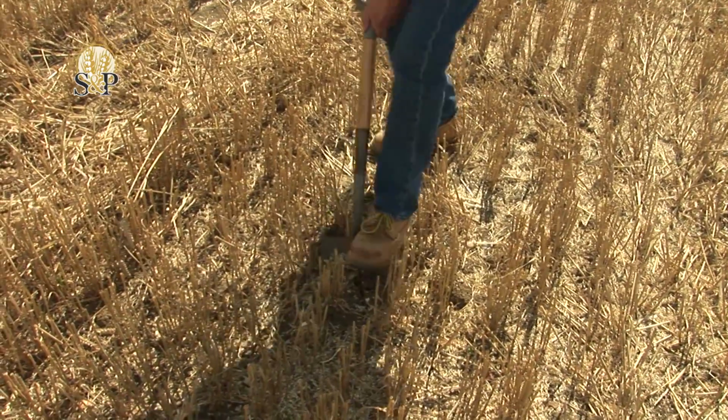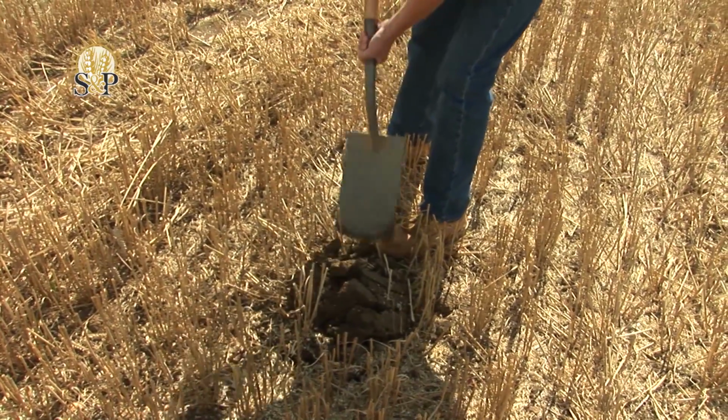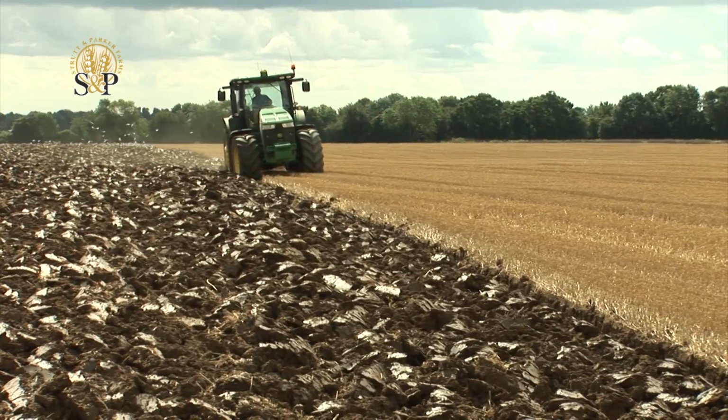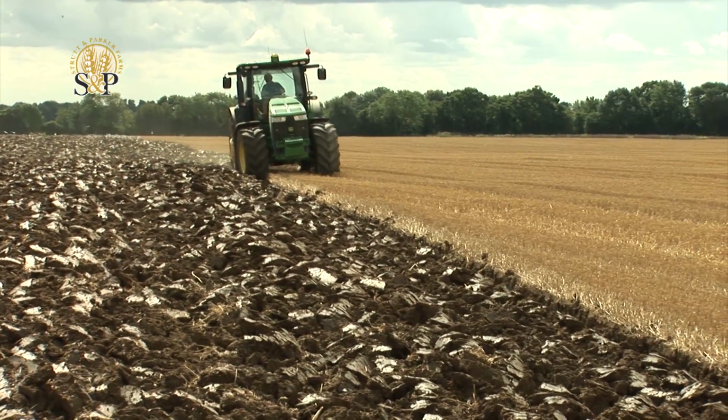One of the most important jobs on the farm is to turn the soil over, ready for the next crop. If I was doing it in my garden, I'd be using a spade. But in a field this size, I need my tractor and plough. As the plough comes down this furrow, it will take another slice and turn it over, burying the residue from